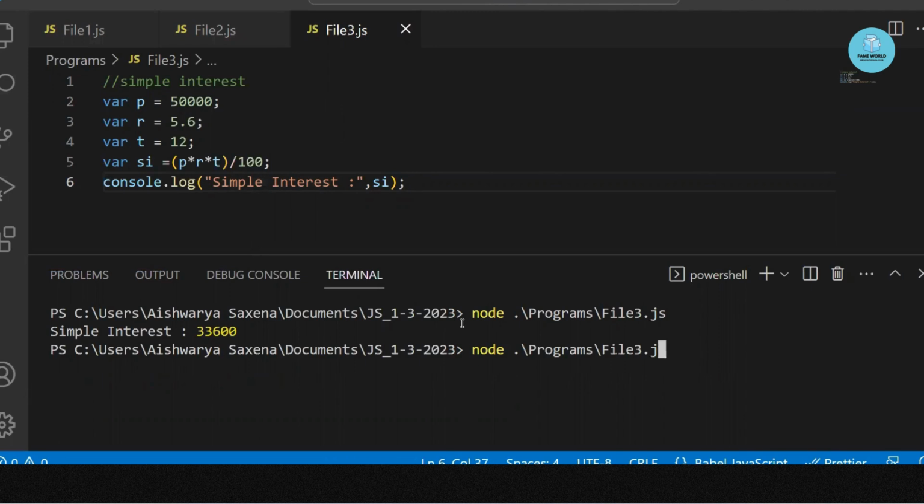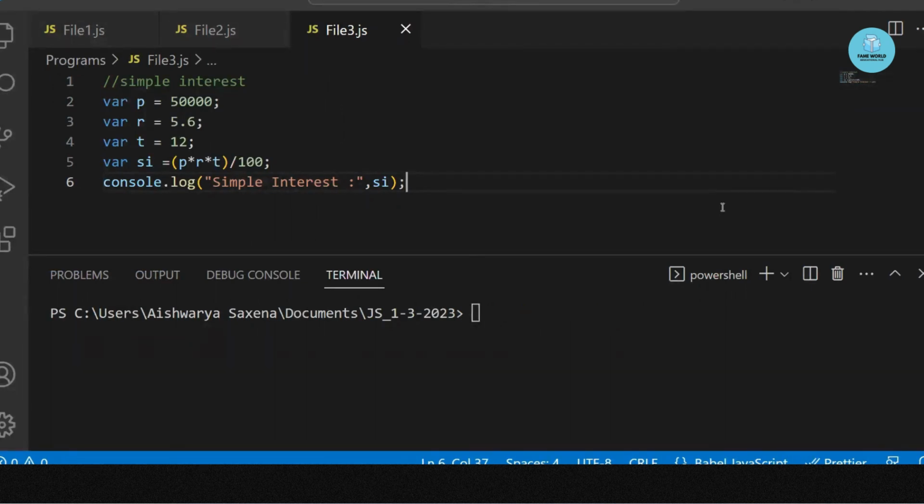Okay, this was about the basic programs. Now the next thing which I would like to discuss with you is the concept of control statements, which